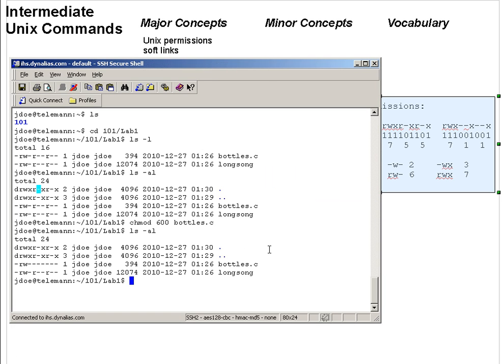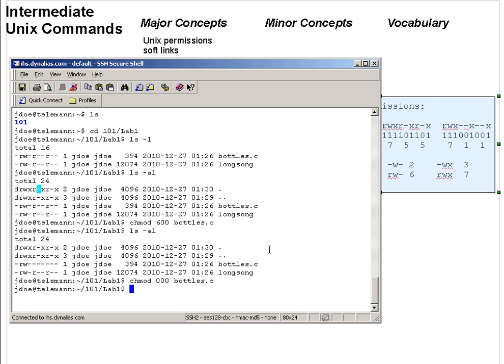Now, going back to our permissions thing here, I've made bottles.c not readable by the rest of the world. Let's do something a little more drastic. Let's make it not even readable or writable by me. Can I turn a file permission off to the point where even I'm not allowed to read it and write it? Stop and pause the lecture and think about what chmod command you would do, and in particular what you'd give for the 3-digit number that would mean nobody gets anything. Coming back from a pause, I hope you came up with 000